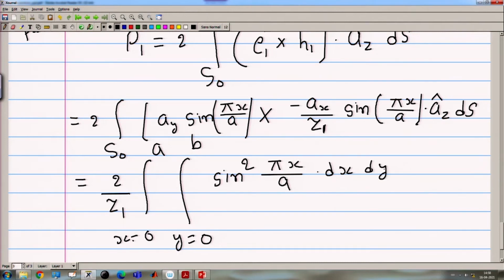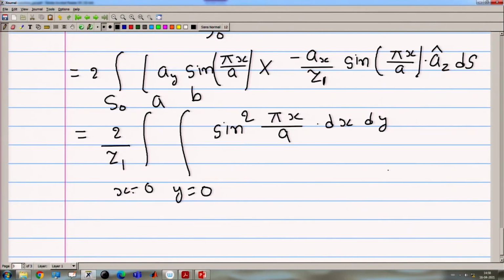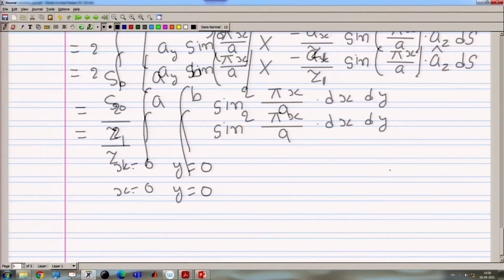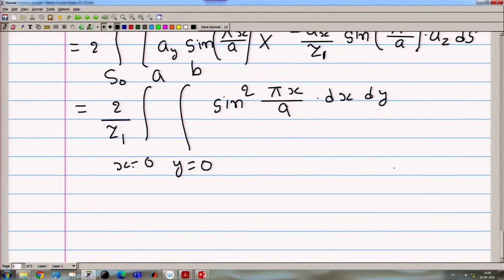So, this will come 2 by Z1. So, sin square pi x by A. So, this will be 1 minus cos 2 pi x by A, by 2. So, this will be 2 upon Z1